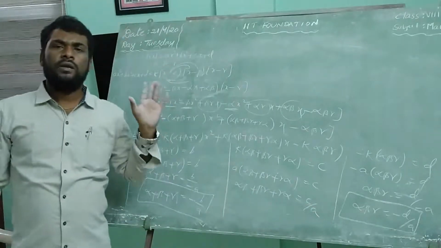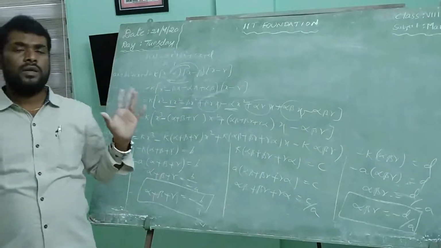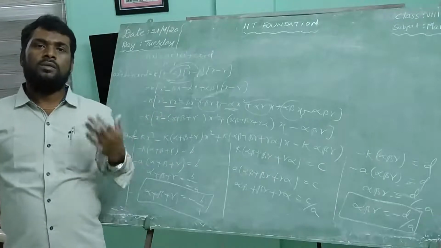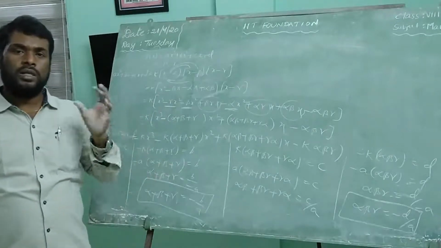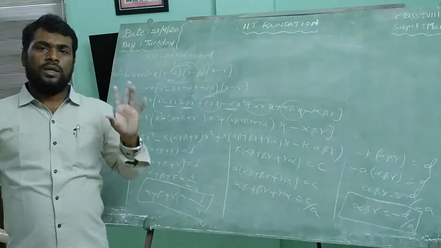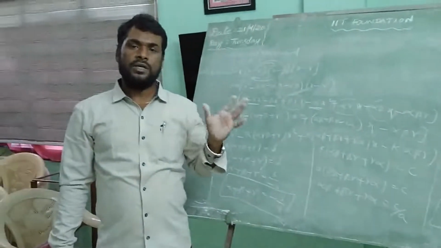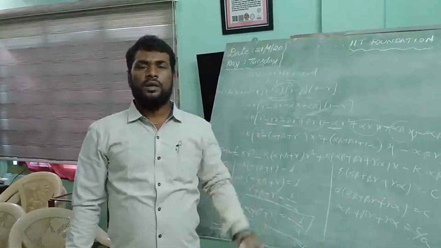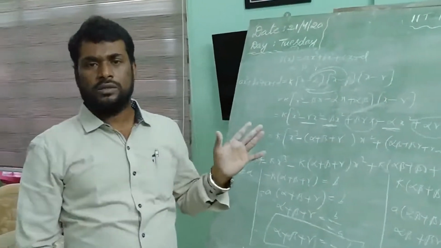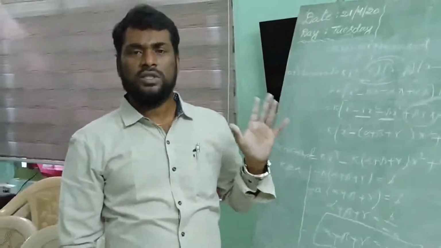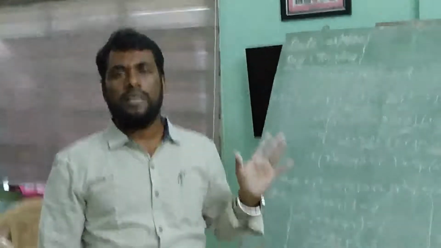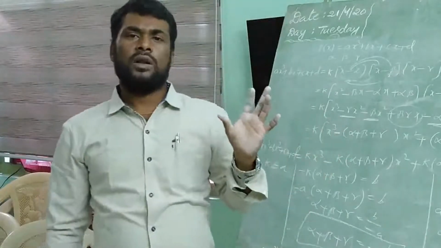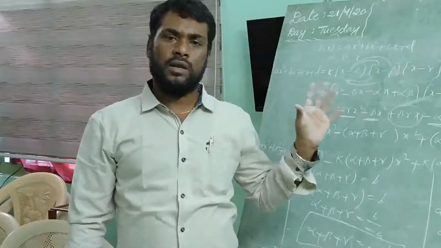Okay, so what have we learned today? In this class we have learned what a polynomial is, what the types of polynomials are, what the zero of a polynomial is, what the zero polynomial is, and that different types of polynomials have different numbers of zeros. A linear polynomial has only one zero, a quadratic polynomial has at most two zeros, a cubic polynomial has at most three zeros, and an nth degree polynomial has at most n zeros. And also how to find zeros, that one also we have learned.